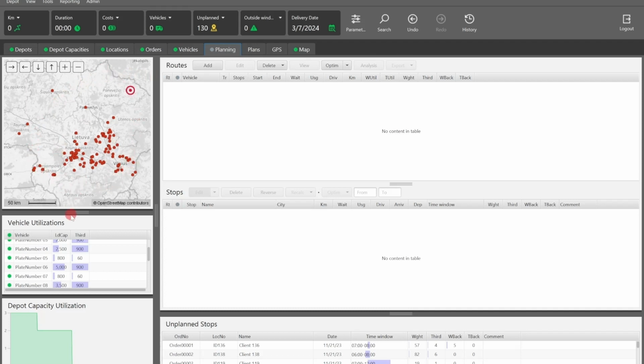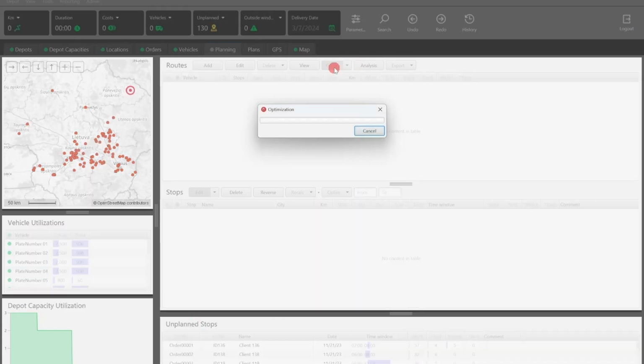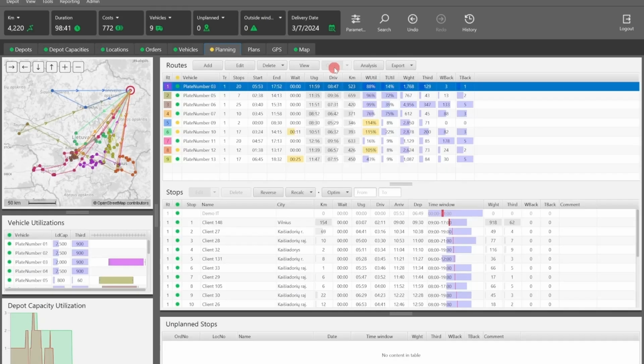This is a map with delivery points on it. The list of vehicles available for planning with different load capacities and volumes. Schedule of composition capabilities. A list of unplanned stops. Click Optimize. The system begins to select a list of routes, a combination of delivery points, which on the one hand